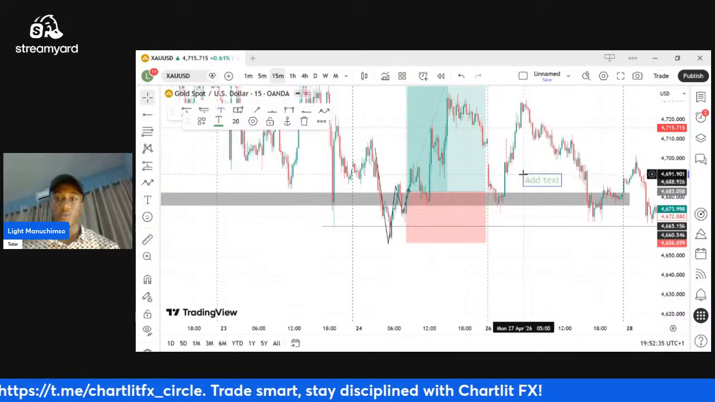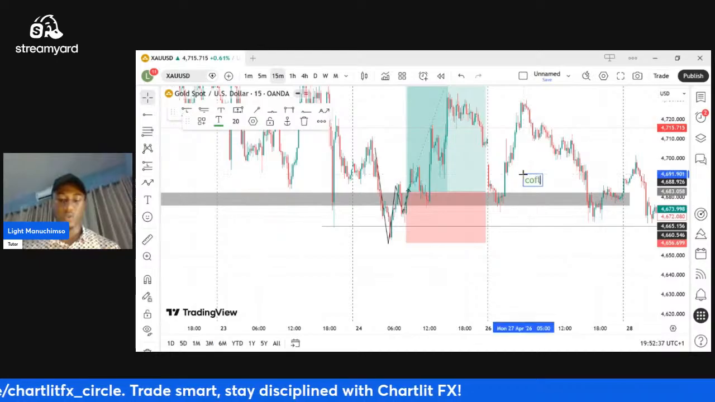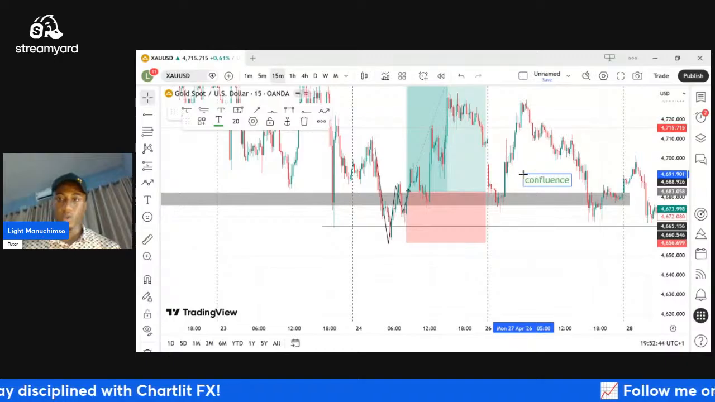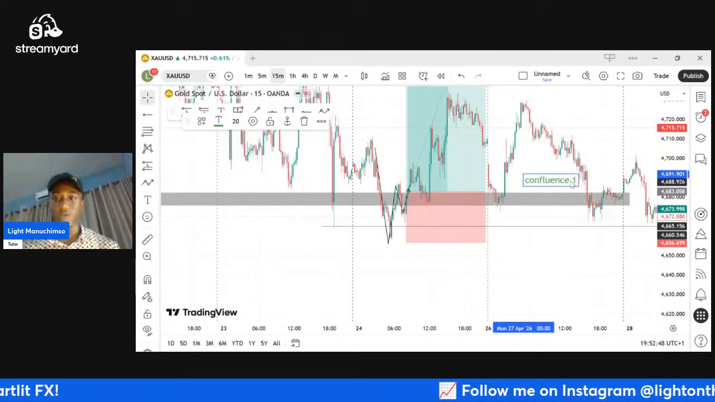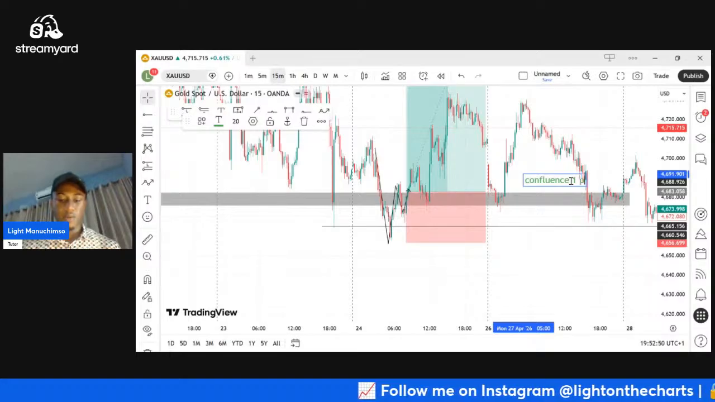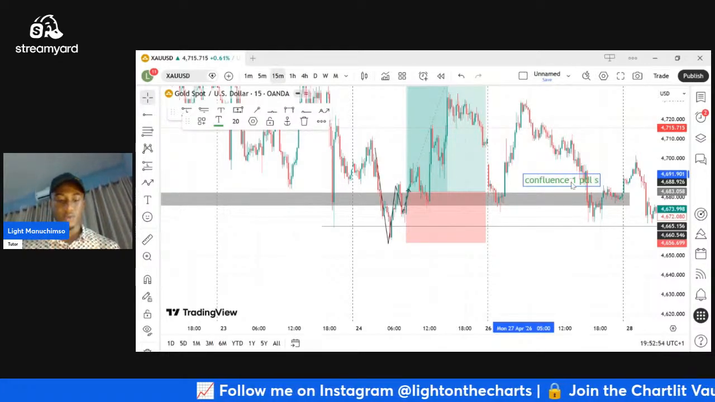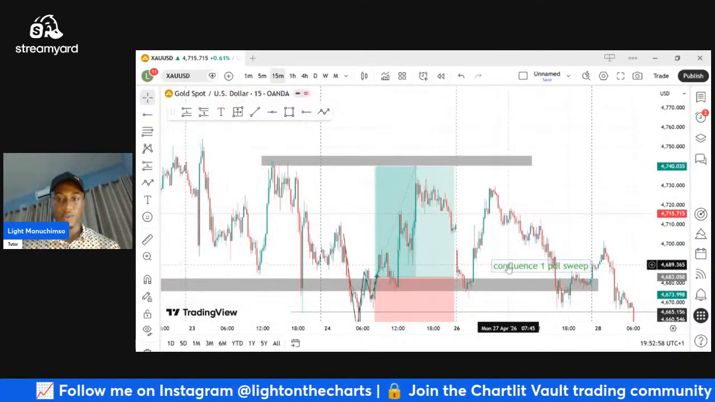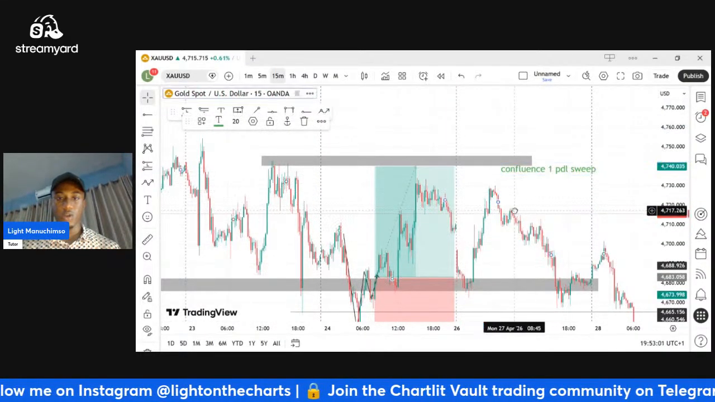Confluence one. I always make sure they all align before I get into a trade. Confluence one, previous day's low sweep. That is my confluence one. Previous day's low sweep, confluence two,